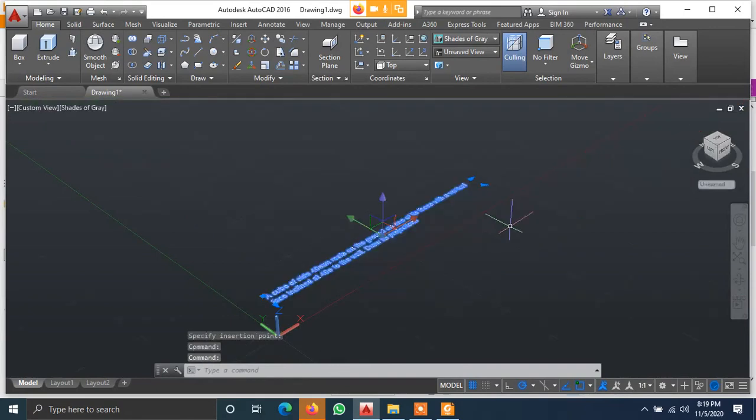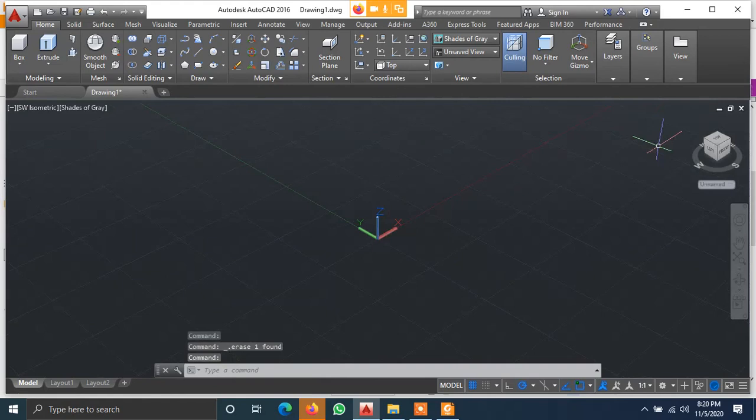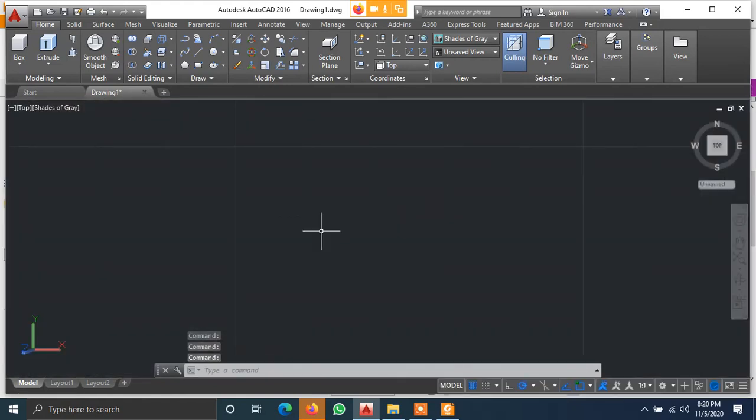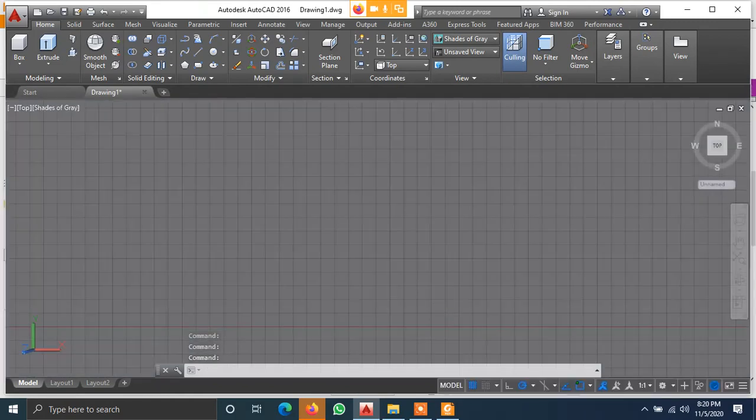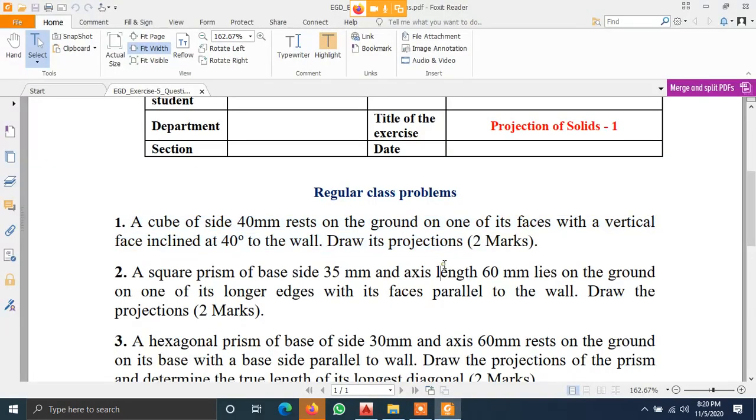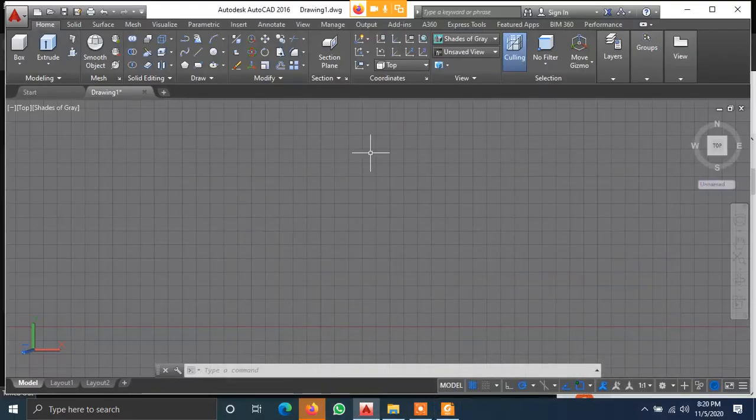I think the question size is a bit low, so delete it. A cube of side length 40. Now switch to the top view because the orientation is like this. One of its vertical faces is inclined at 40 degrees to the wall.